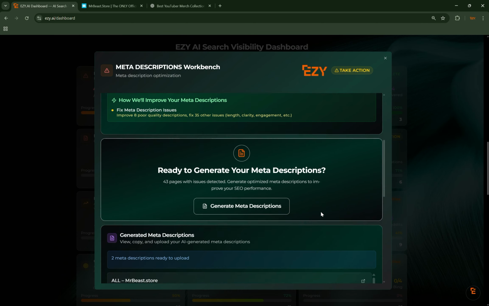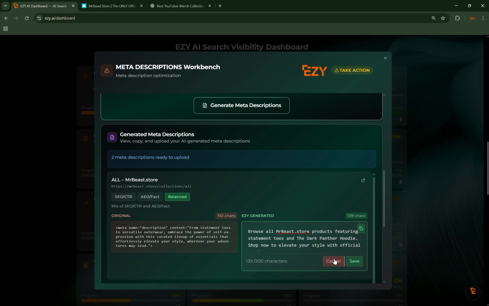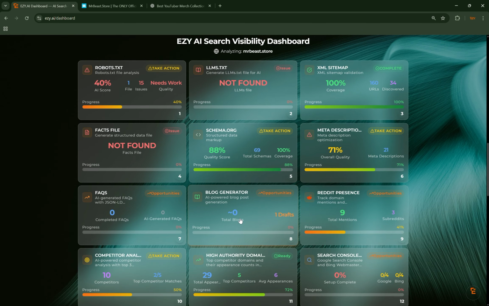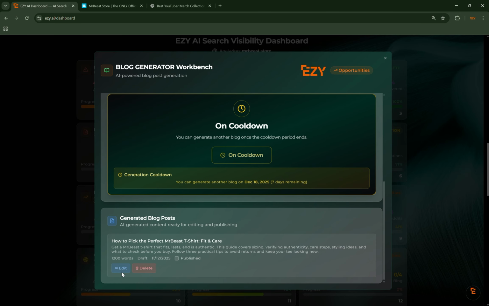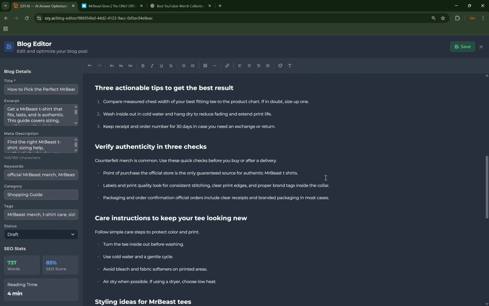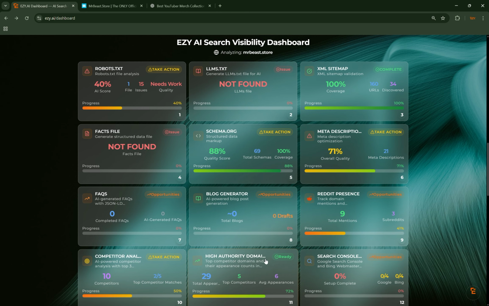Let's have a quick look at meta descriptions. Easy can generate these for you. And here you can see in the meta descriptions, Easy's generated actual search terms that are going to be more beneficial to have in his meta descriptions. I was very surprised to see that he doesn't have any blogs whatsoever. So Easy can automatically generate blogs for you. You can just go in here, and this is an automatic blog generator. It doesn't use AI slop. It actually looks for trending keywords that you don't show up for and creates content for you.